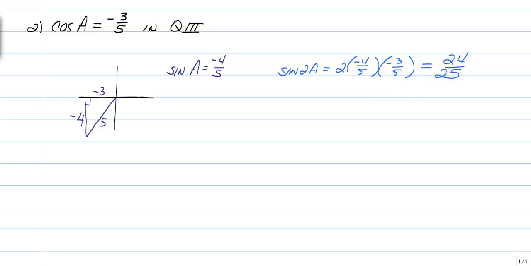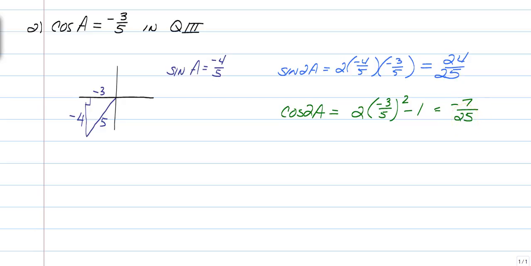And then to use cosine, again, it does not matter which formula you chose to use. So the cosine of 2a is going to be equal to, I decided to use 2 cosine squared x minus 1 this time, just because I wanted to show you that you can use multiple different options. So we have 2 times -3/5 squared minus 1,